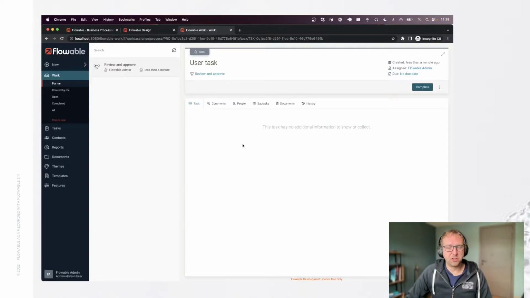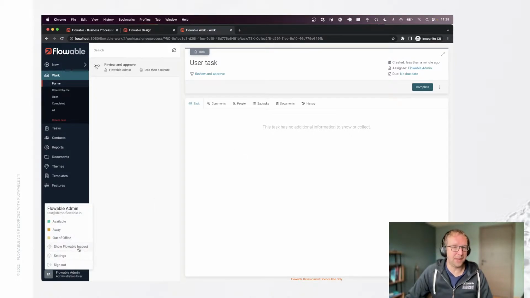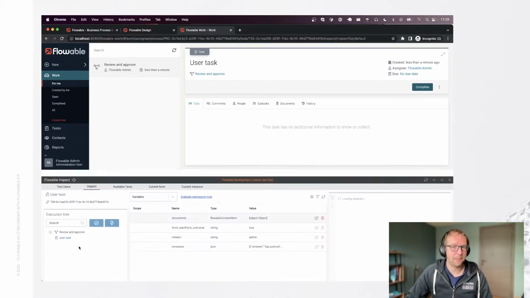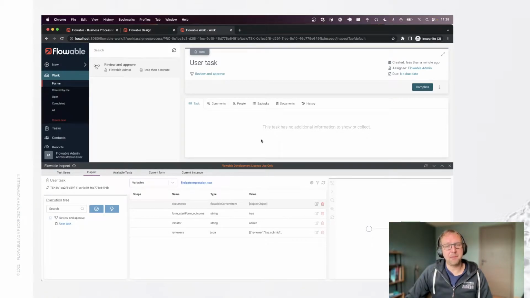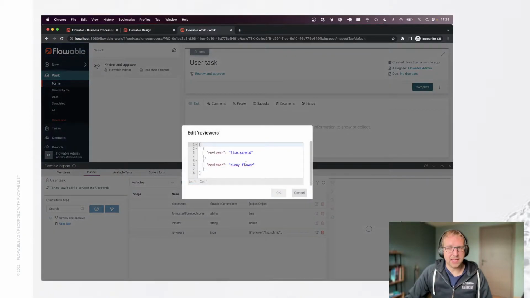So this is the user task now. Not much to be seen here. I can't really see if things work, but luckily we've got something called Flowable Inspect. So I'm going to open it here. And with Flowable Inspect, as the name implies, I can inspect all the data within my process. So here in the variables, I can see that there's actually a reviewers process variable with two elements, one reviewer Lisa and one other reviewer Sunny. All right, it's important that we remember this